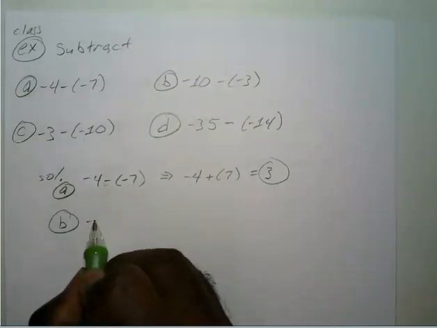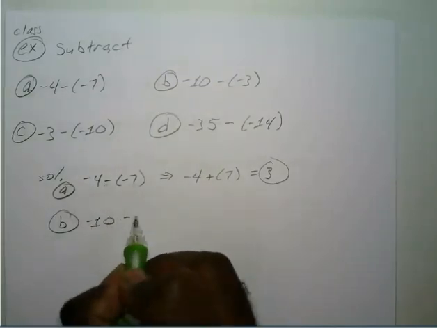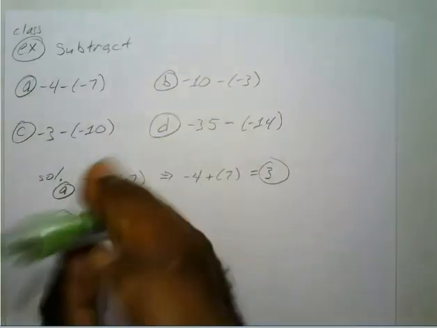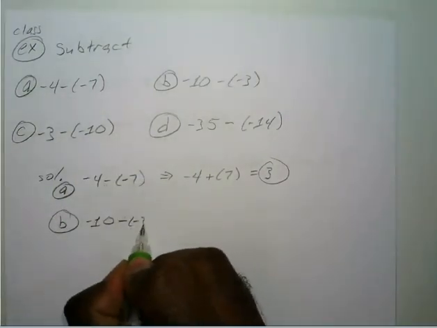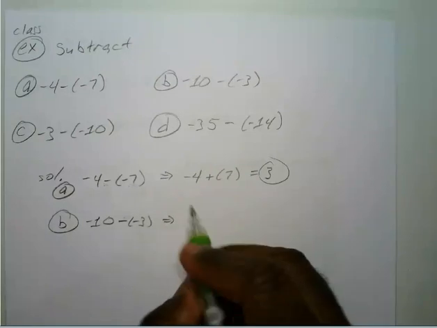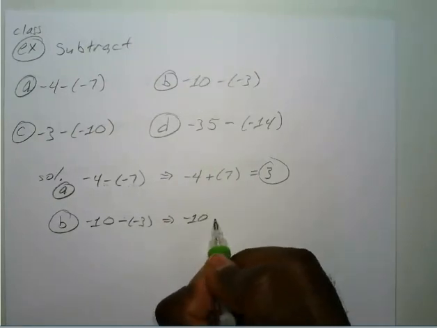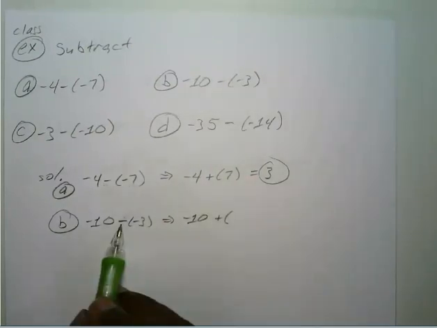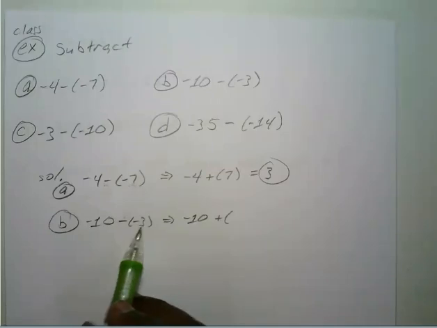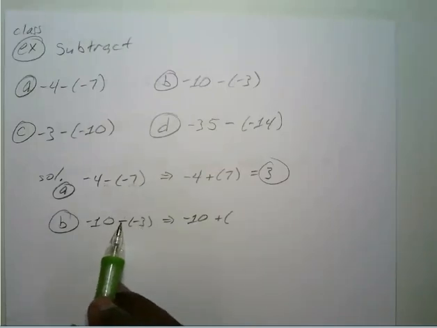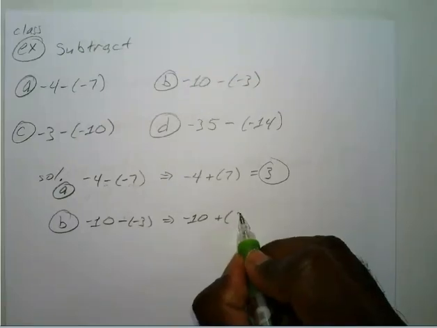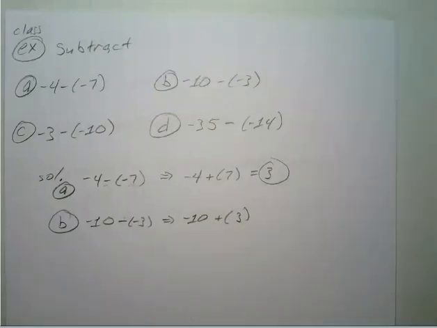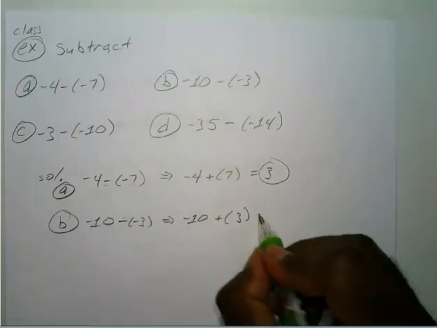So for B, negative 10 minus negative 3. I was about to jump ahead a little bit. You're going to rewrite that as negative 10 plus, instead of minus negative 3, that minus is going to change to plus, and then you're going to change that negative to positive. So plus 3,